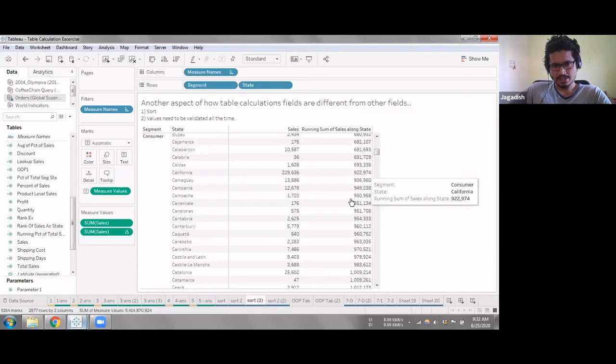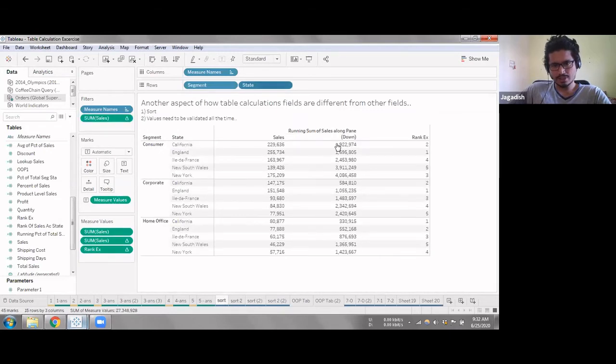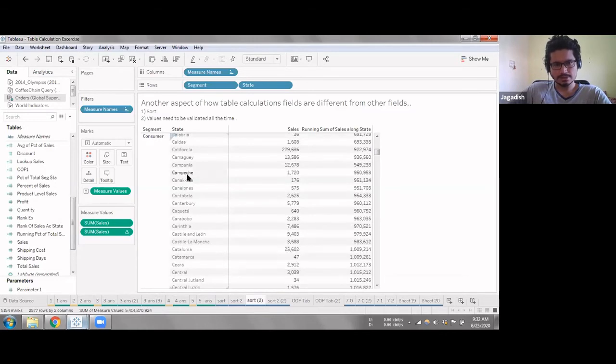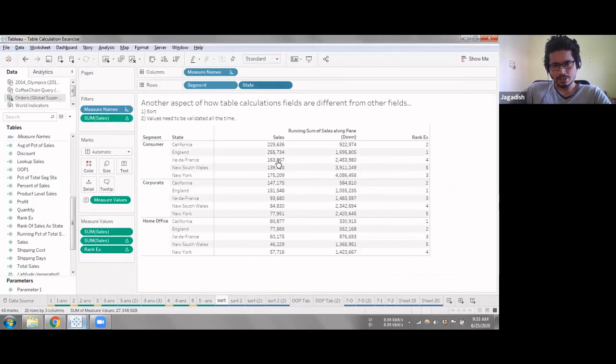That means it's not doing the running total in this particular table that you're seeing. It's doing the running total on this one. It's adding up all these values and all the values above, and giving that particular 922 value that we saw for California. Where is it? Yeah, this value here. And likewise, all these values. Let's assume this was wrong, but here the value should be 92 plus 922 whatever plus this value, but it's different because in that particular table England is holding this value. That's why it's coming out here.